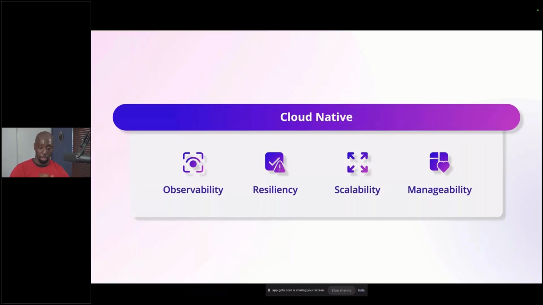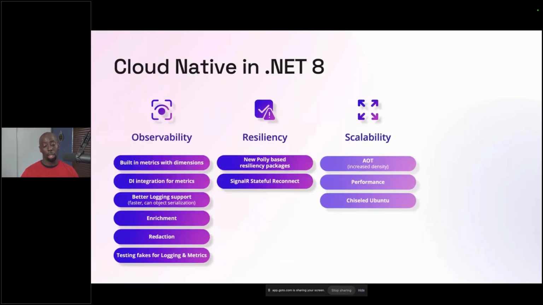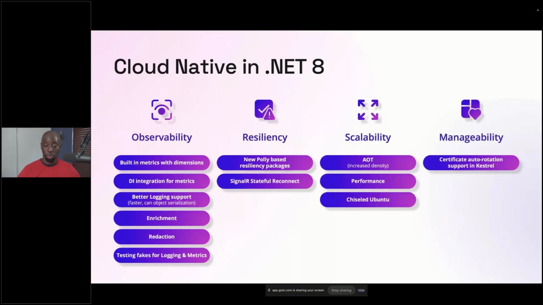cloud native applications. And again, with .NET 8, we got a whole lot of additional support, right? And a lot of new features that the .NET team was able to create for us. So again, better support for metrics and even better support for logging and redaction. If folks have never seen the log redaction stuff, it's pretty cool, right? It's how you're able to, quote unquote, redact PII, right? Like, really sensitive information in your logs. You know what I mean? New support for Polly packages and the AOT stuff, right? Like these are a lot of the things that have been coming out from the .NET space.